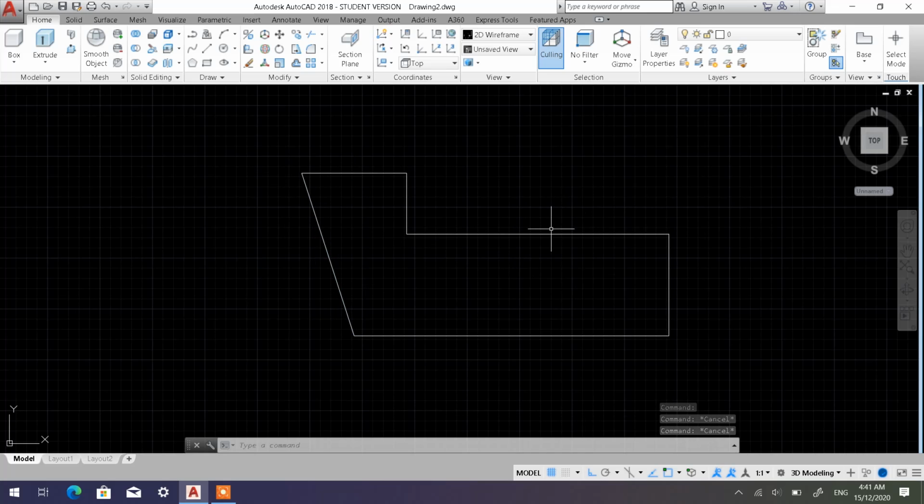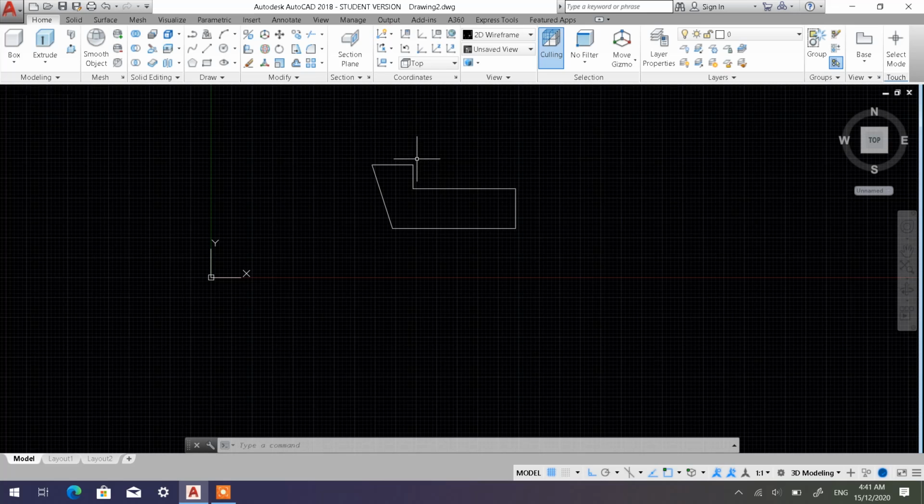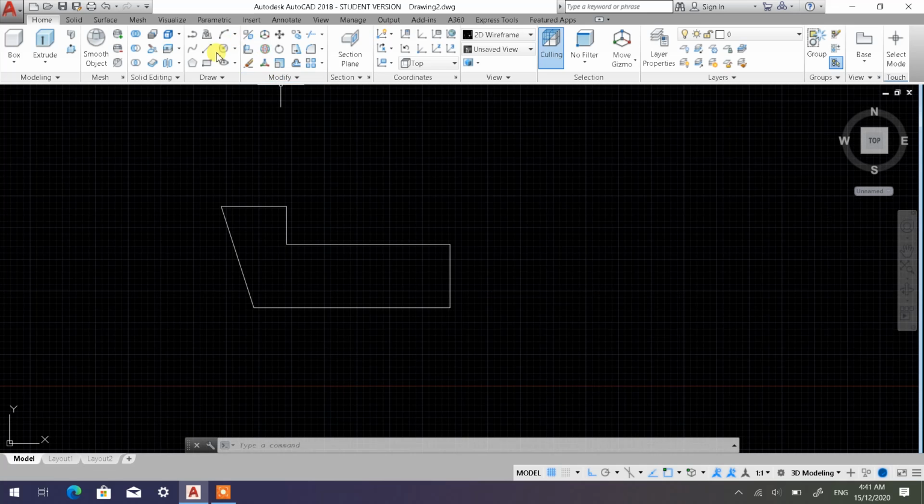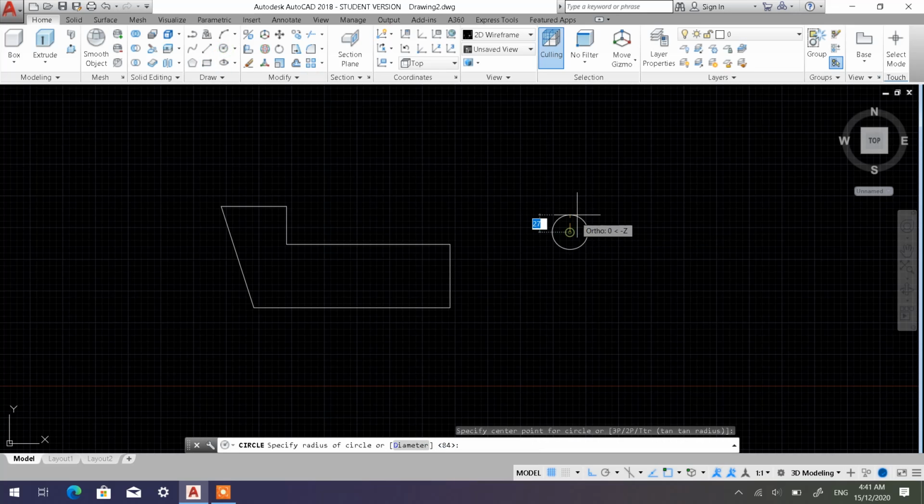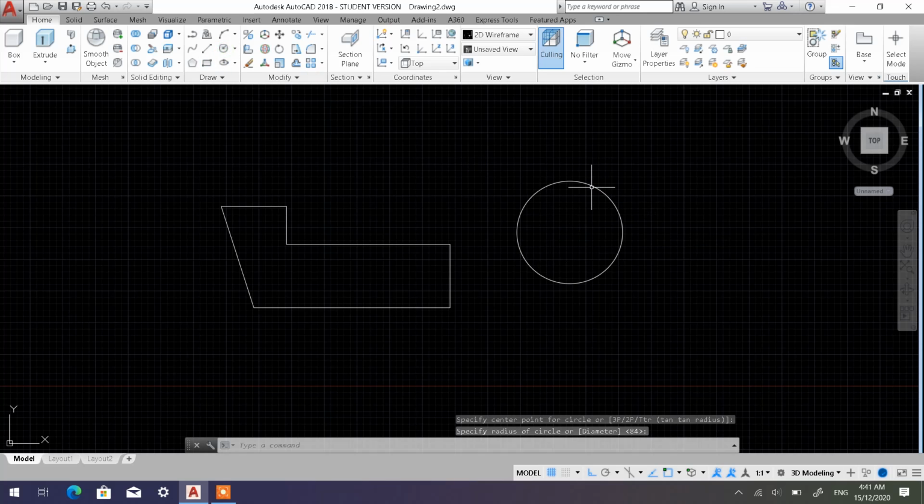Alright, so dua thumb rules ni amat penting. Alright, kalau bulatan, sekali lagi, kalau bulatan tak perlulah kita nak join pasal why? Because dia dah memang one line kan. In order to create a circle, dia memang hanya melibatkan satu line saja. Alright, so now